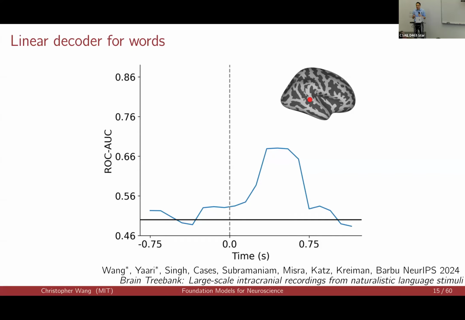Now, the type of decoding results you get are going to be dependent on the type of decoder you're using. And there's a trade-off. On one hand, if you use a very simple decoder like a linear decoder, then your results are going to be very interpretable, but there's a high risk of false negatives because maybe the readings at that electrode are very noisy and it's hard to fit a linear decoder. On the other hand, if you use a very sophisticated decoder, there's going to be the risk of false positives. There's the risk that the decoder is so powerful that it's injecting information about the task via its prior.